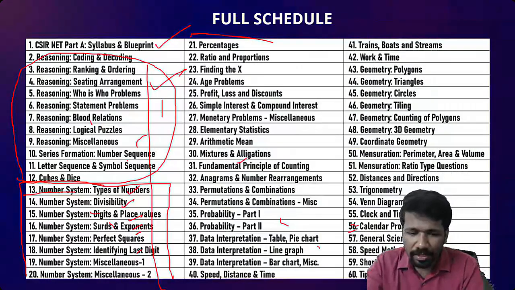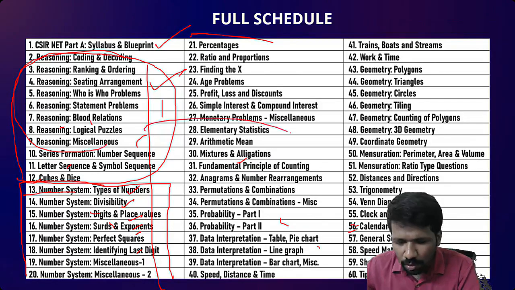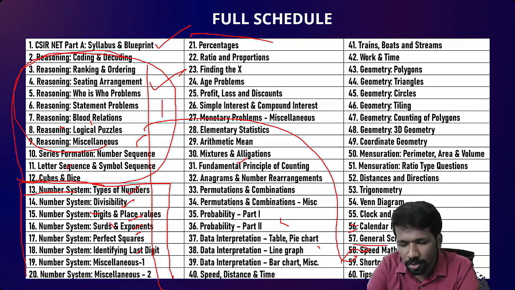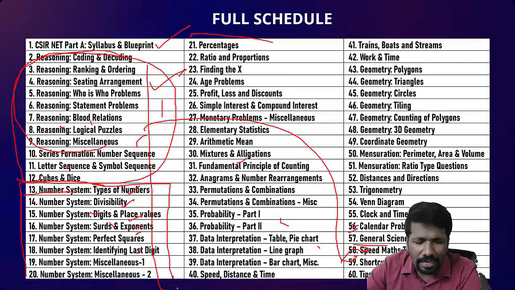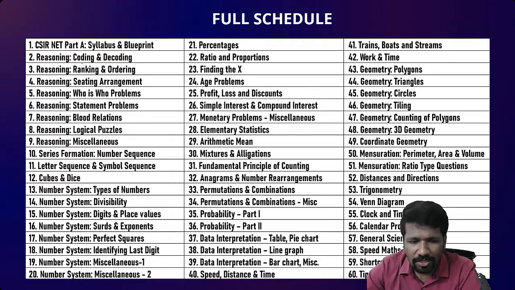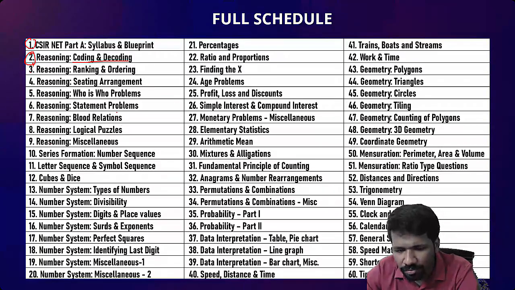In this schedule, please understand, for this new batch, we will be running the reasoning unit after quant aptitude only. That means after general science, we will be starting reasoning. But we will start with an explanation of what all the areas of reasoning are. The reasoning topics are lectures 1, 2, 3, 4, 5, 6, and each of these will be discussed separately in separate lectures.